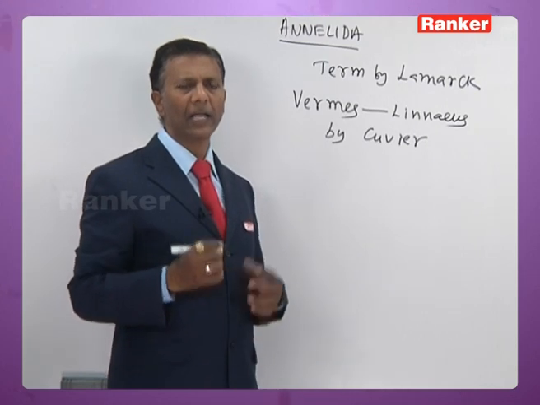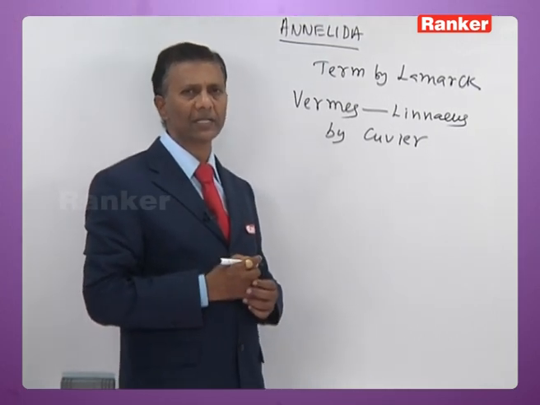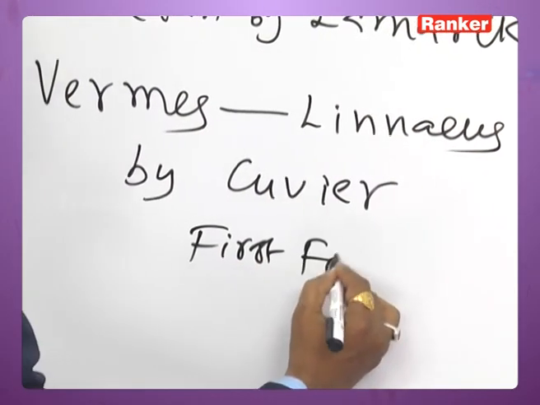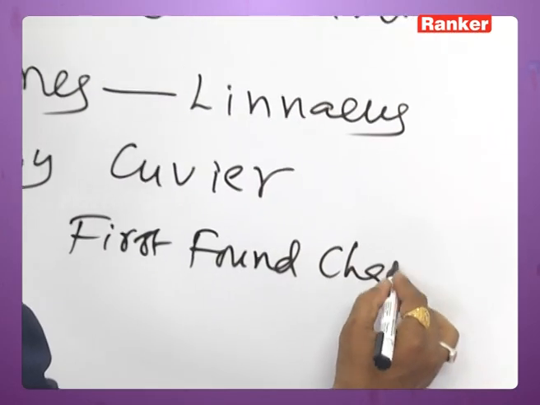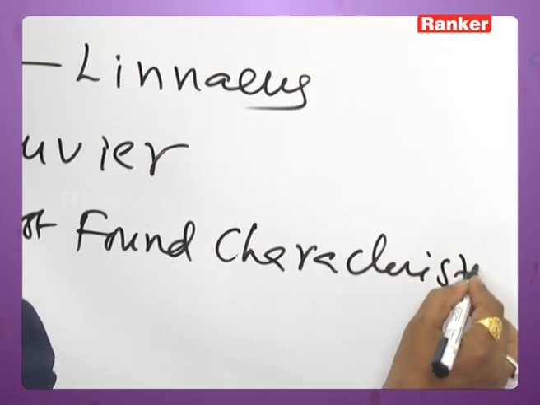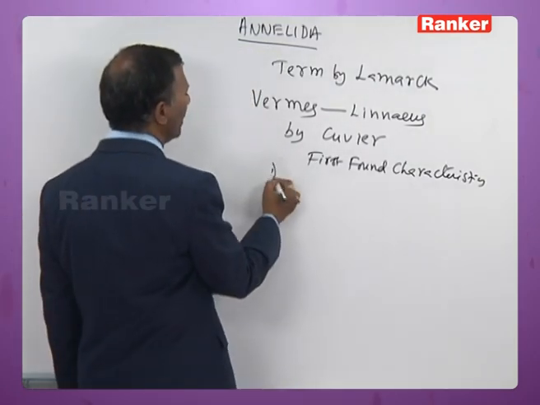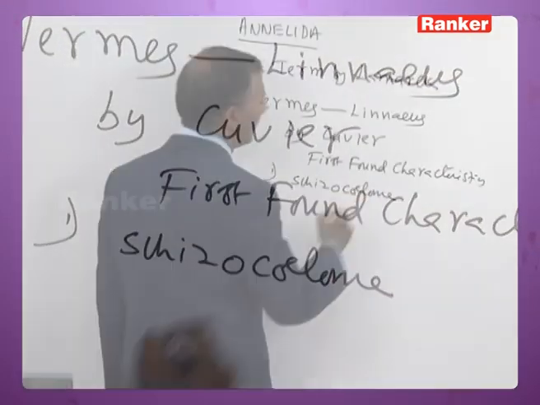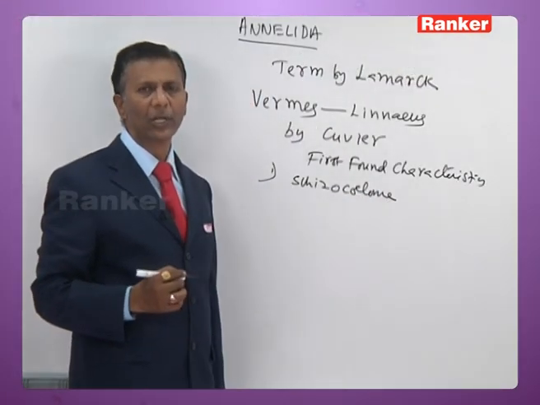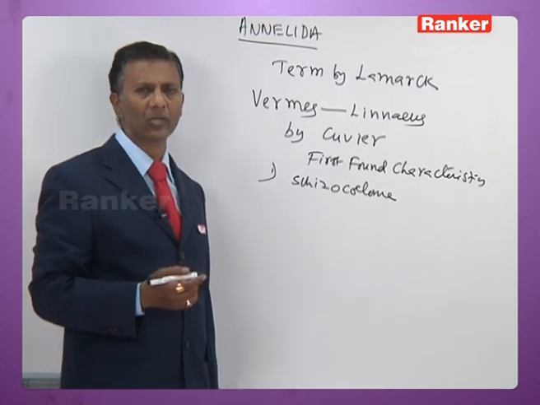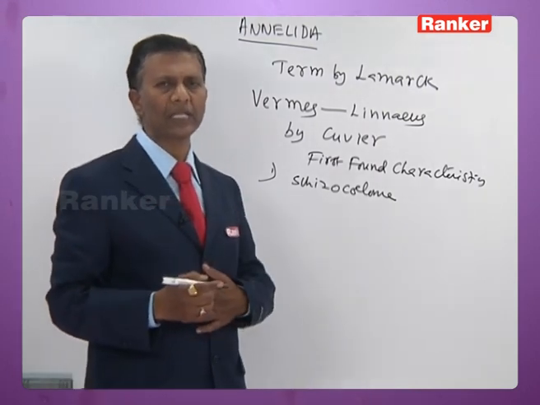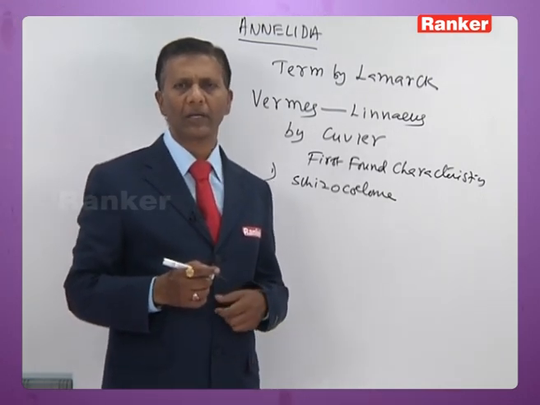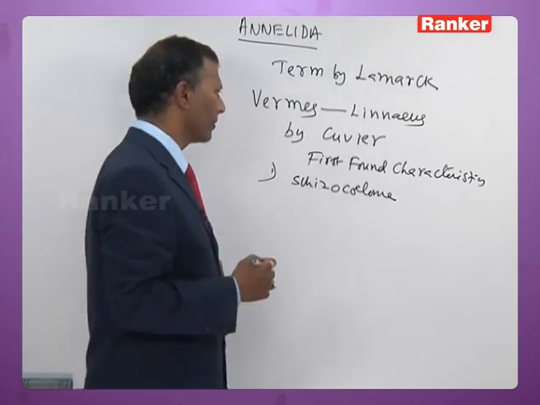Now, the annelids exhibit certain first formed characteristic features. The first formed characters of annelids are, number 1, schizocoelom. They are the first formed schizocoelomates, because before Annelida you have Nematoda, pseudocoelom. Before that you have Platyhelminthes, acoelom. So, among invertebrate phyla, annelids are the animals who have schizocoelom for the first time. Then,